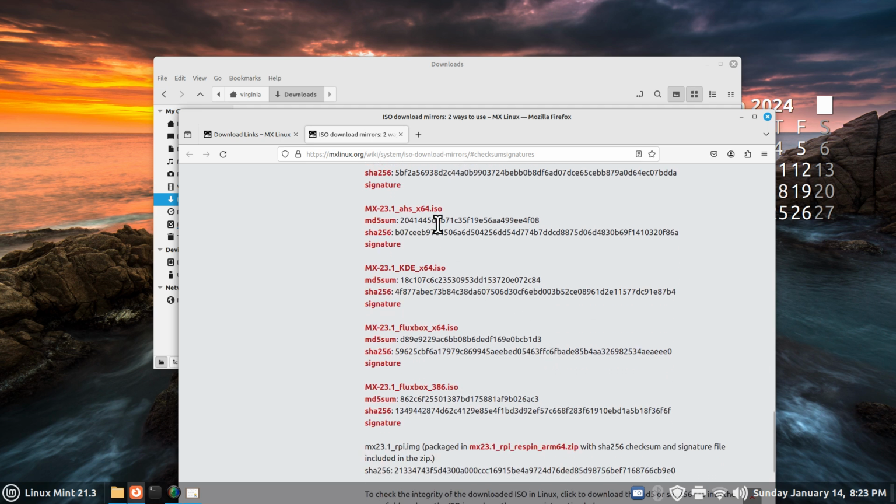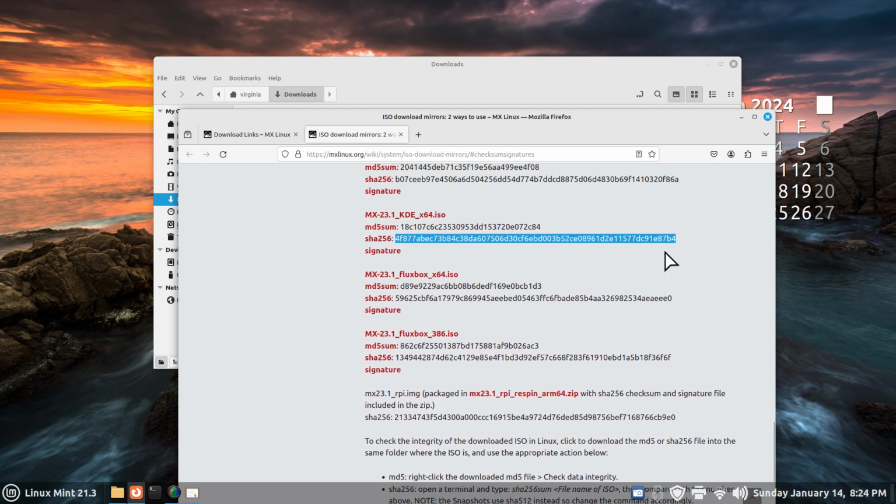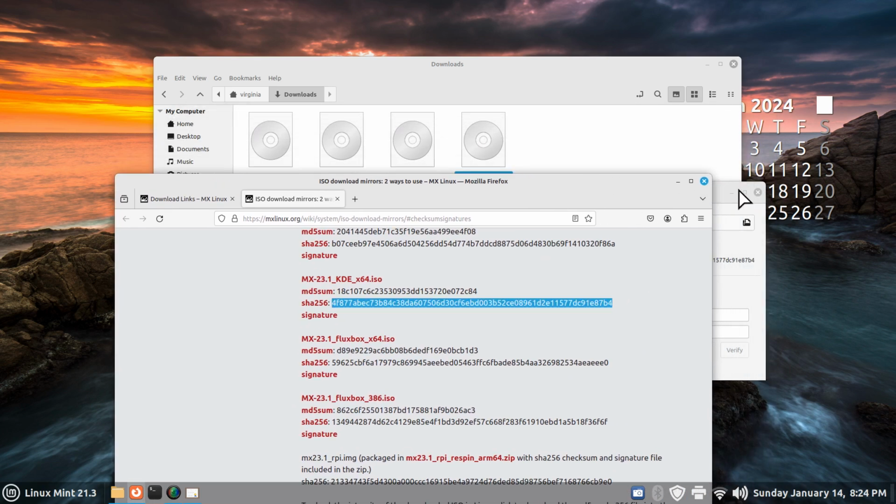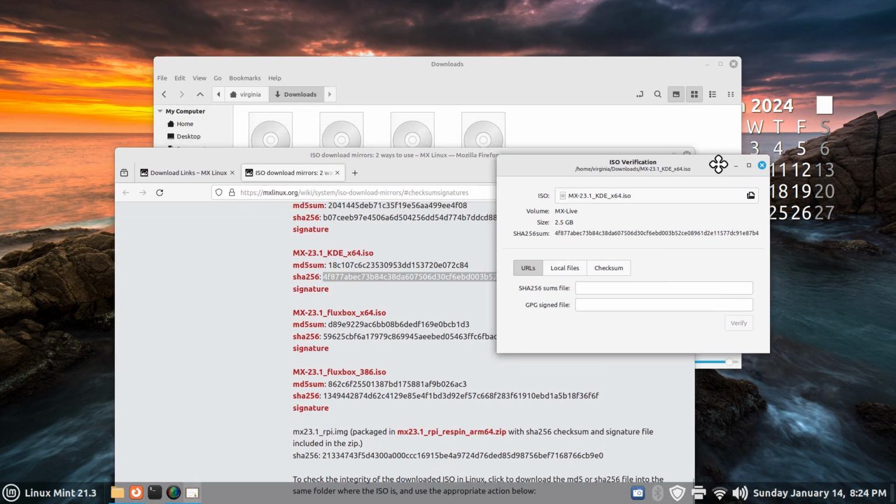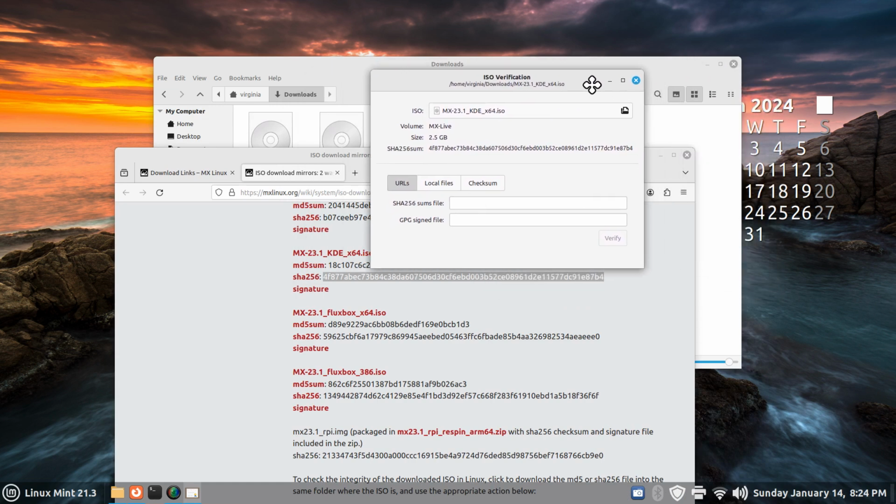But we're not dealing with that one. We're dealing with KDE, so I want this one. I'm going to highlight that so I can scroll up a couple of lines and make it where I can see it. Okay, so if I were to superimpose that box on top,